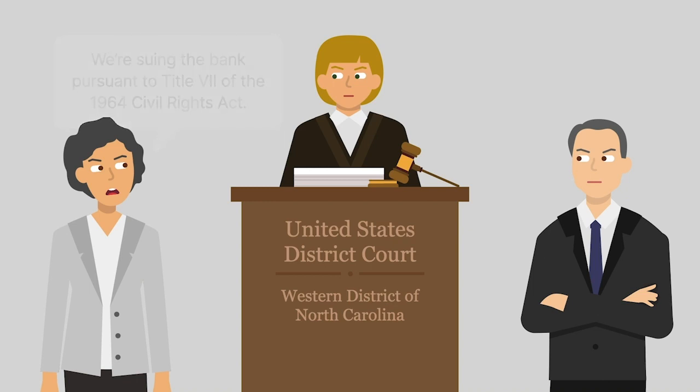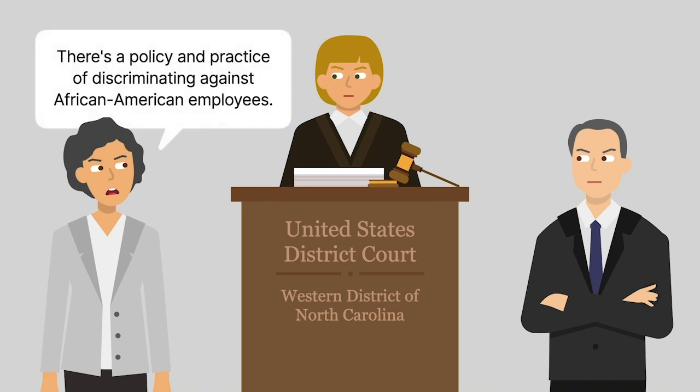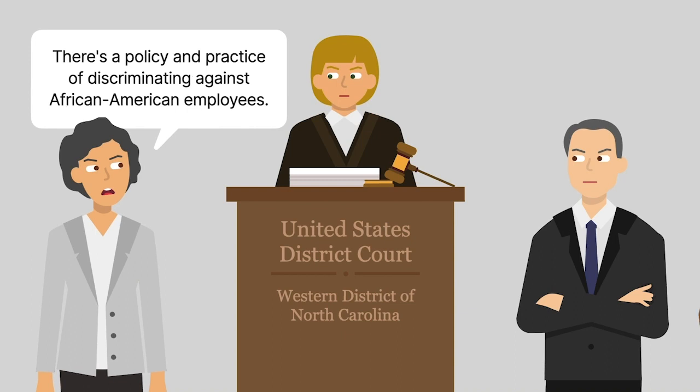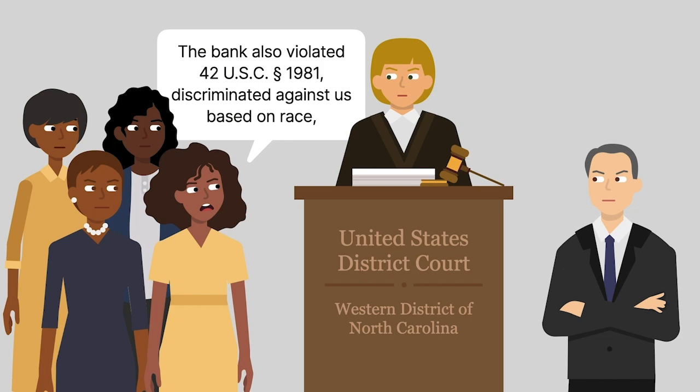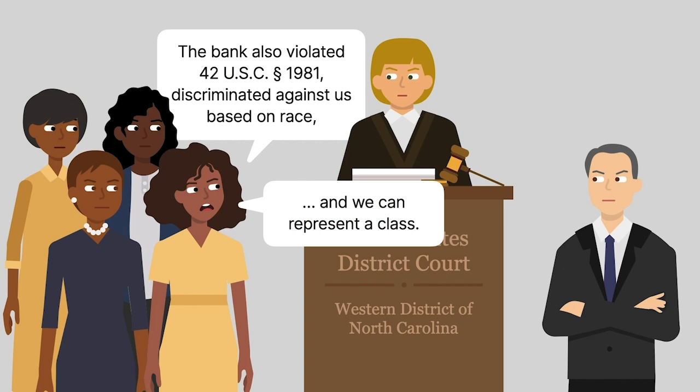Rights Act. The commission alleged that the bank's Charlotte, North Carolina branch had a policy and practice of discriminating against African American employees. Sylvia Cooper and three others, whom we'll call the intervening plaintiffs, sought to intervene, alleging that the branch's practices also violated Title 42 of the United States Code, Section 1981, that the branch had discriminated against each intervening plaintiff based on race, and that the intervening plaintiffs could represent a class of African American employees who'd suffered